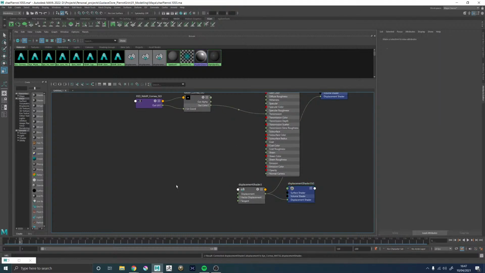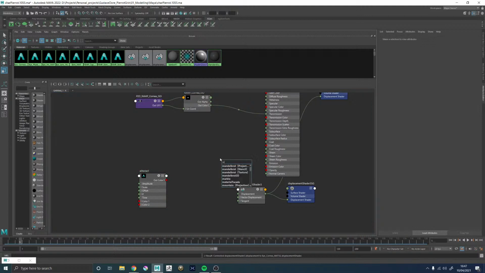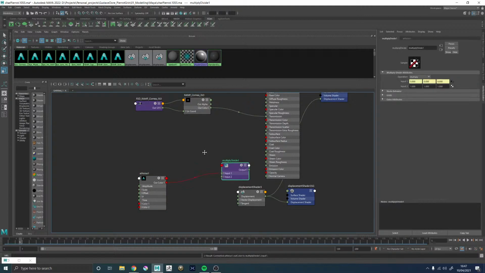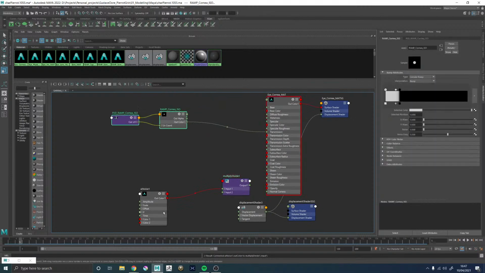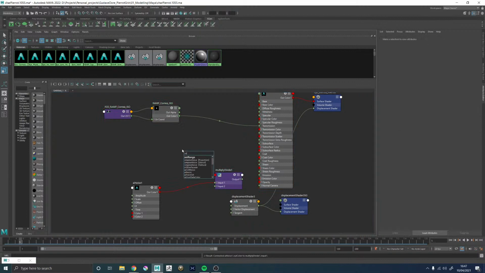Put that in there. We want to make an AI noise, and we want to multiply this. So this noise is going to be like a generic kind of noise on the surface. And we want to multiply this by a remap. So let's go set range,